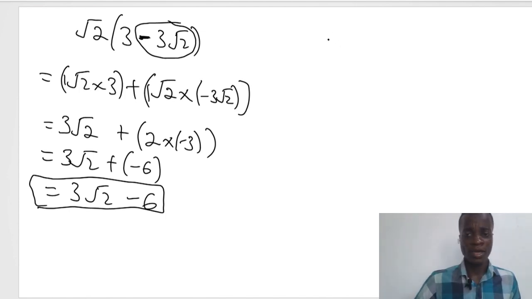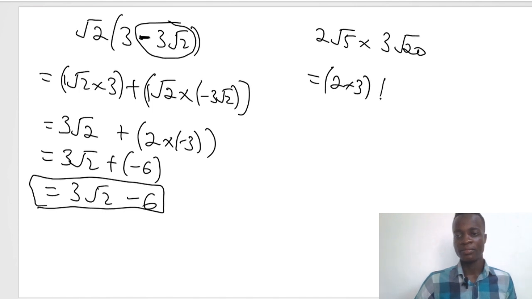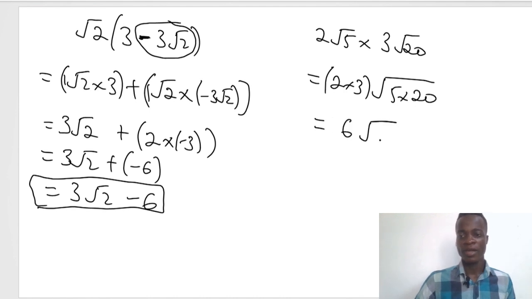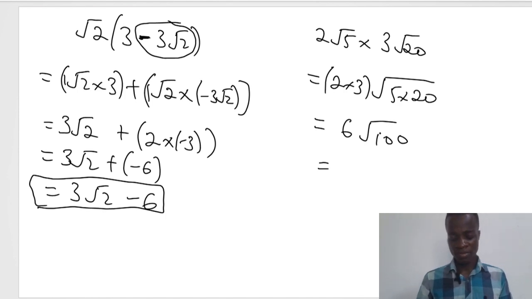So simply put, when you have 2 root 5 multiplying 3 root 20, for example, then what do I have? I will multiply the outside ones. So that's 2 times 3, and then the inside ones 5 times 20. So when they do that, we have 6 square root of 100. Can we do reduction on this? Basically we can. It's going to give you 10,